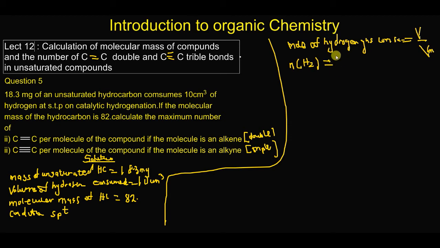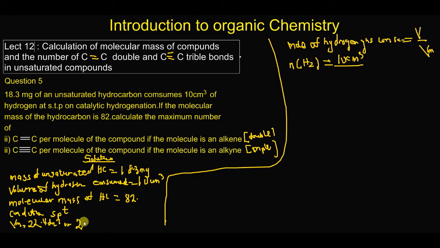In the question, they've given us the volume, and the volume is 10 cm3. And so you divide by the molar volume. The molar volume Vm is supposed to be 22.4 dm3,